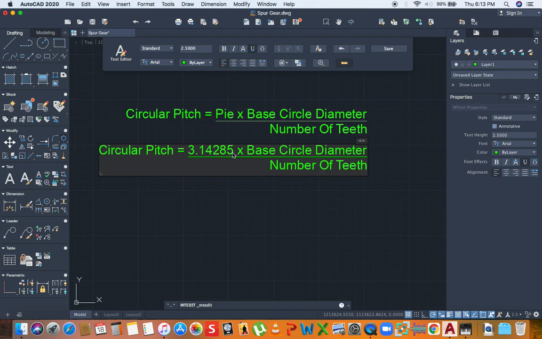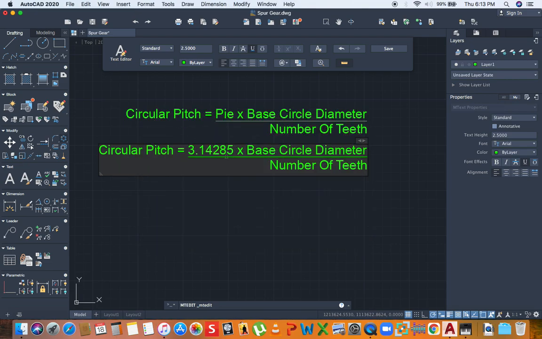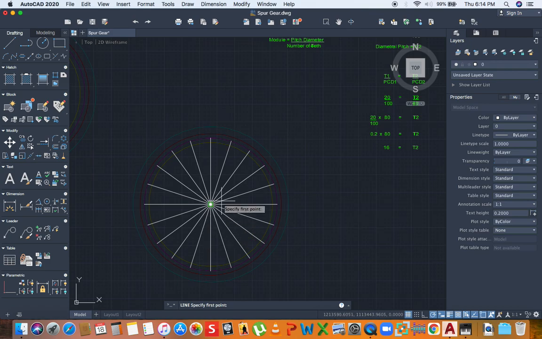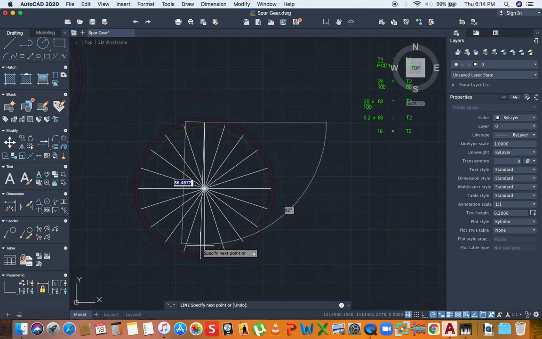3.1428, etc. Let me try to work it out. Pi is normally 22 divided by 7, and we have this long number. Let me put the 7 and times the base circle diameter. Now we have to measure the base circle. Let's go back here. It is 40, not, that is the radius. It is